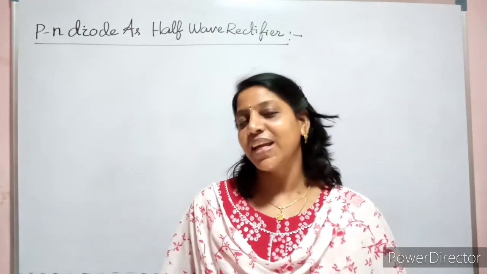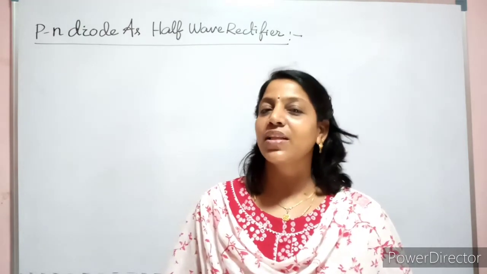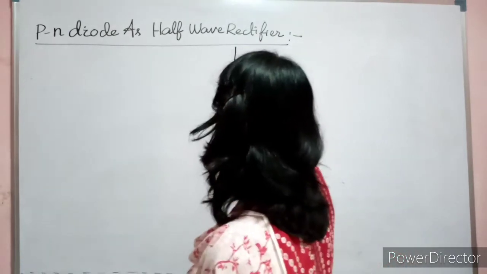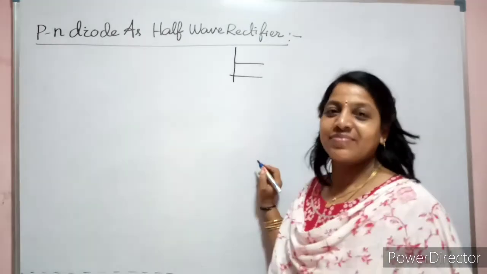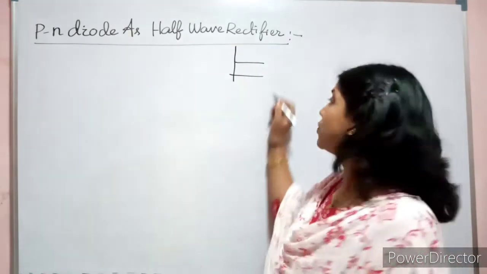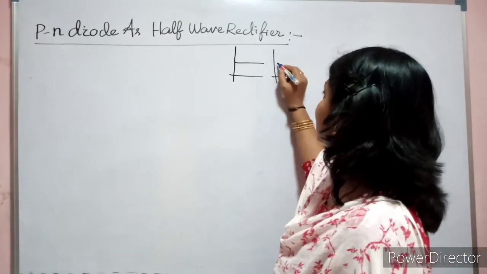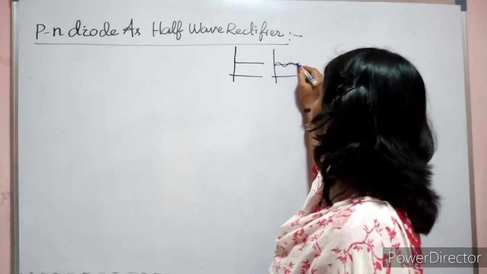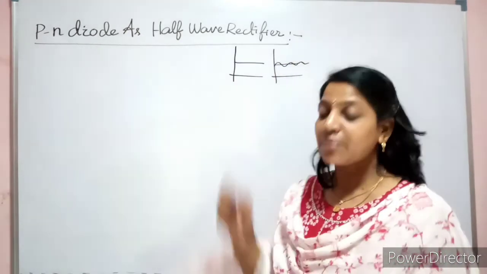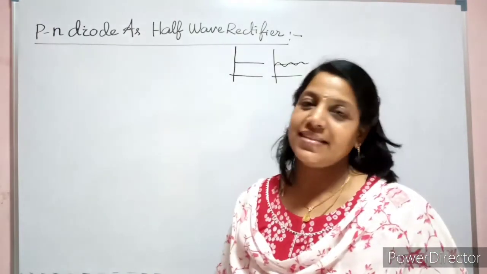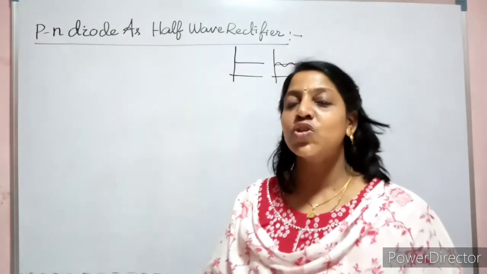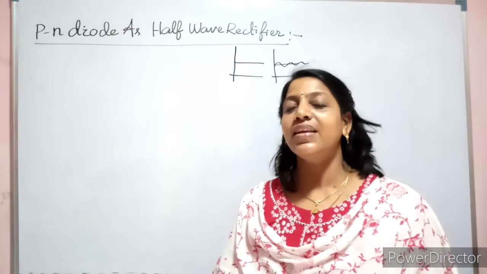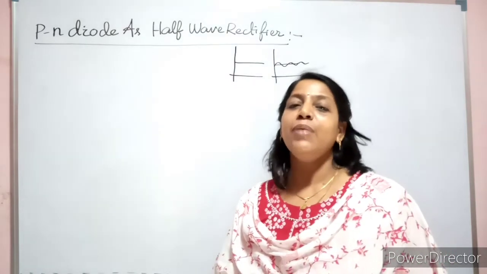But whatever direct current we are getting is not in the form of pure DC. This is your pure DC. But what we get at the output of the rectifier is somehow a rippled DC. A DC in which part of the AC is present is called a rippled DC, or you can even call it impure DC.